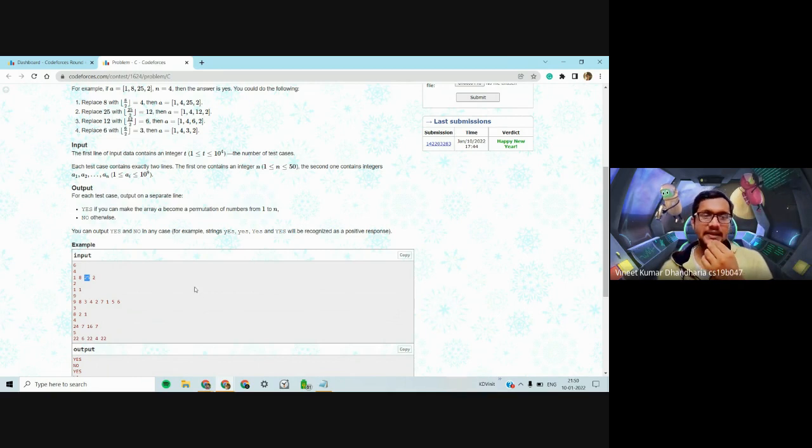So basically, a smaller number can be made by more numbers than a larger number, so it's important to make the larger number. This is kind of an intuitive thing. You can actually prove it as well, but I'm not going into the details because you can get it if you just try out a few cases.